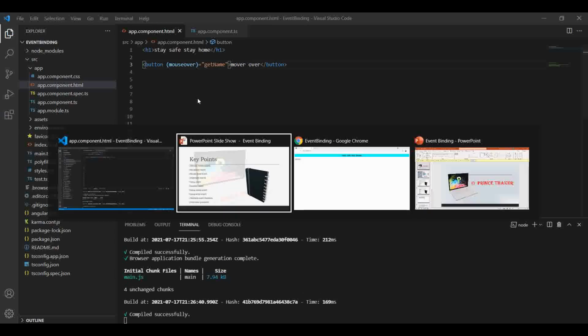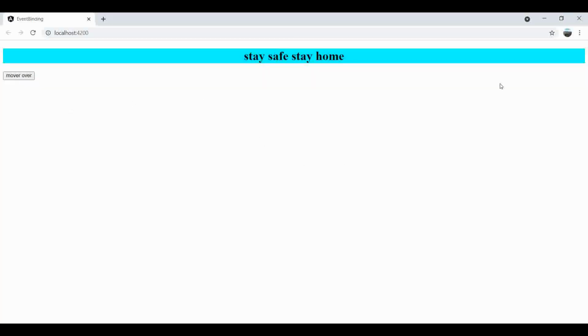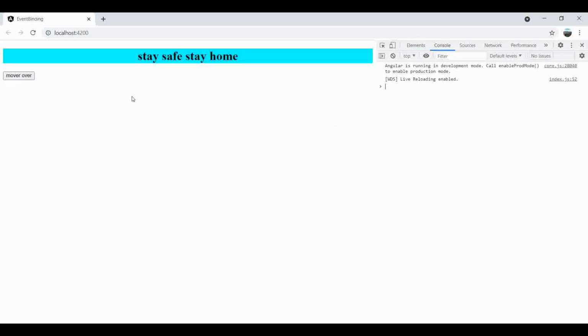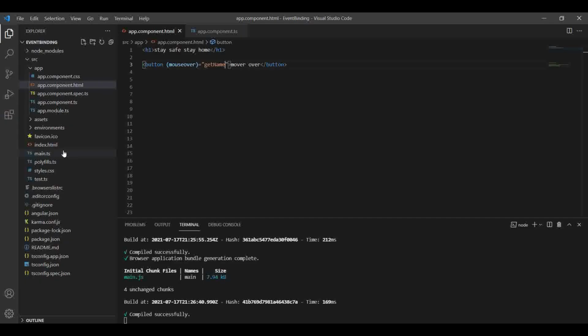Let's go for the execution part. First we have to open our console, and when I hover on this button the event should be performed. It's not working, something I have done wrong. Just wait, let me check.